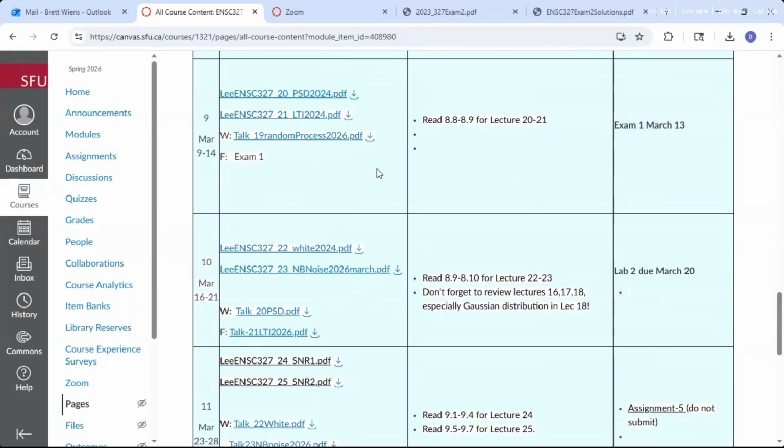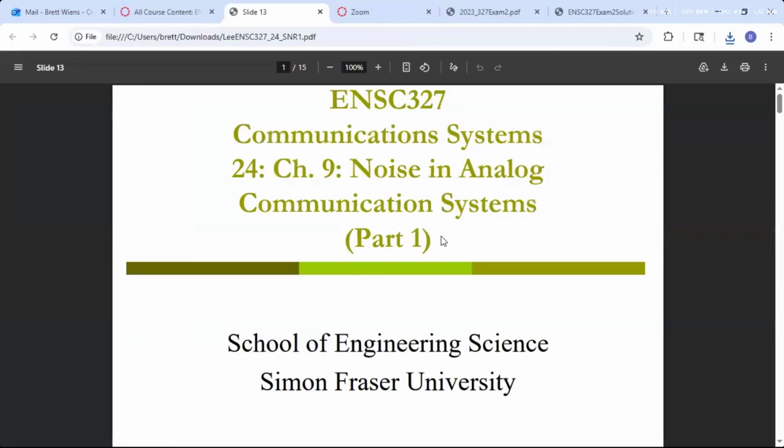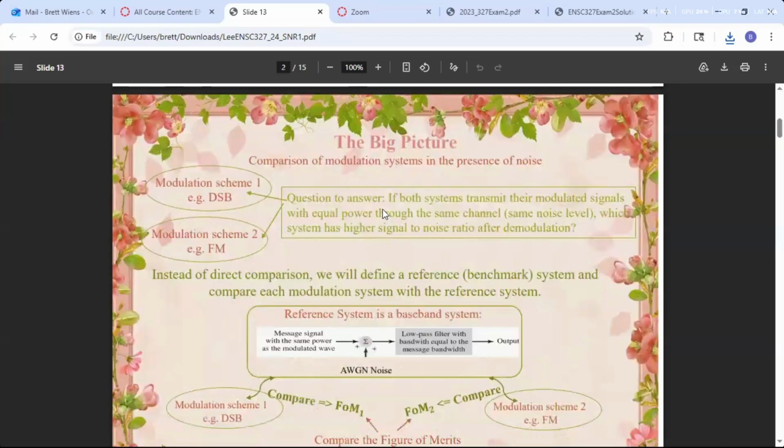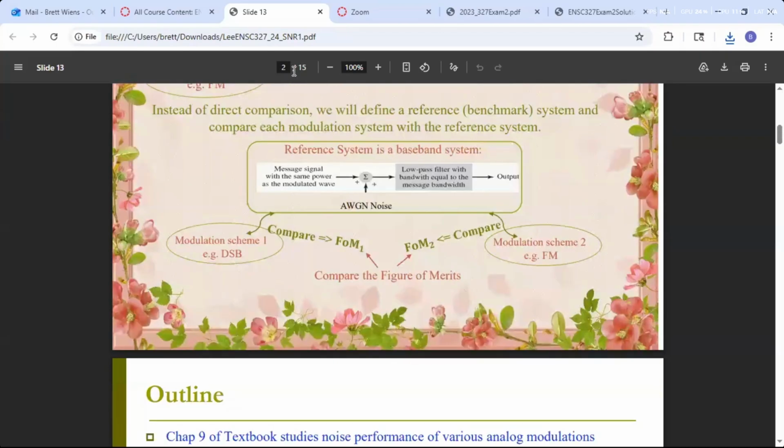All right, cool. To really start off here, let's first quickly look at these SNR slides. The real key with these SNR slides, this is noise in analog communication systems, is that what we want is just